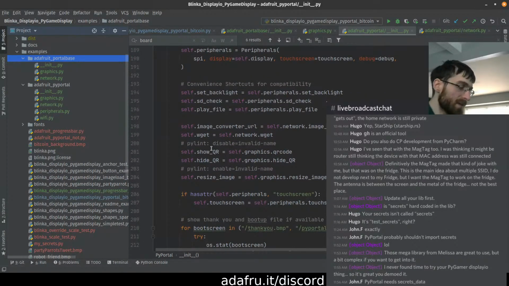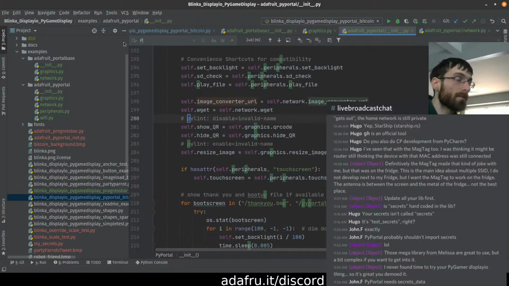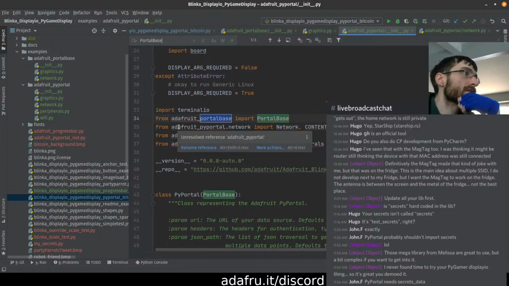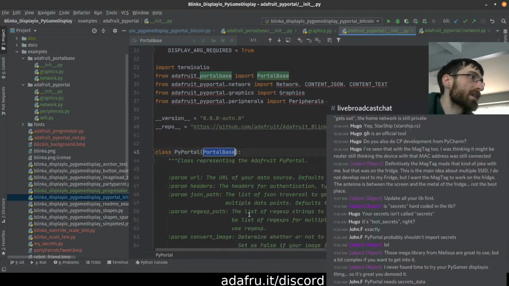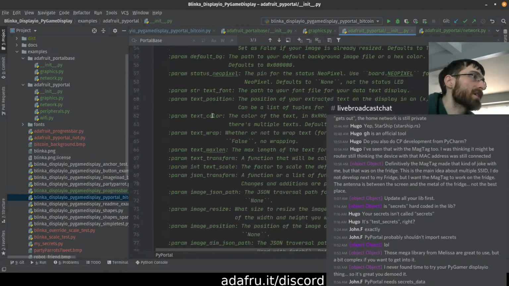What does something in here use or extend? How does Portal Base come into the mix in this file? So we import Portal Base, and we extend Portal Base. We are extending Portal Base. So if we are extending Portal Base,